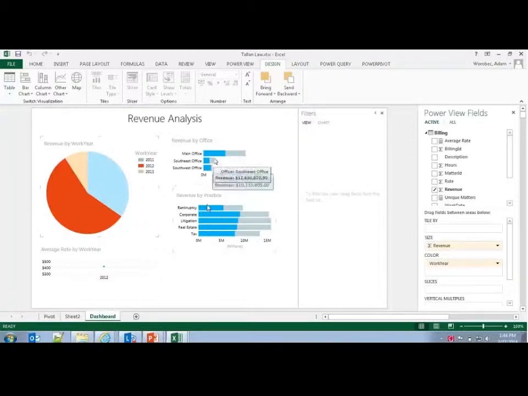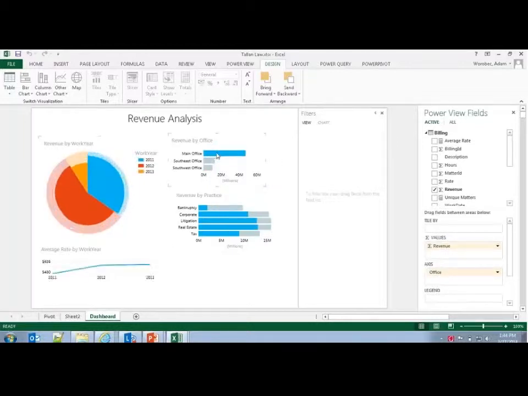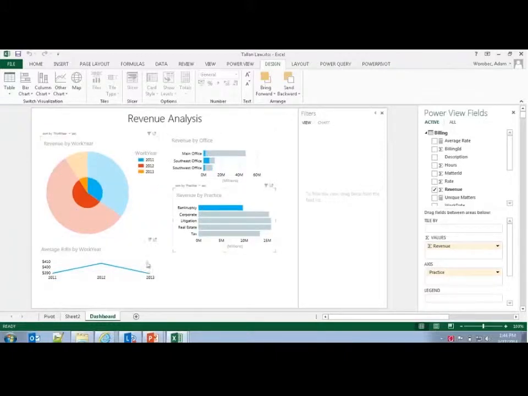I can do this with any of these charts. I want to just see main office revenue compared to everything else. I click on main office. If I want to see things by practice, I can do that as well. And the nice thing about visualizations like this is you wouldn't have spotted things as easily by looking at a grid. So if we look at this line chart at the bottom here, it's basically our revenue